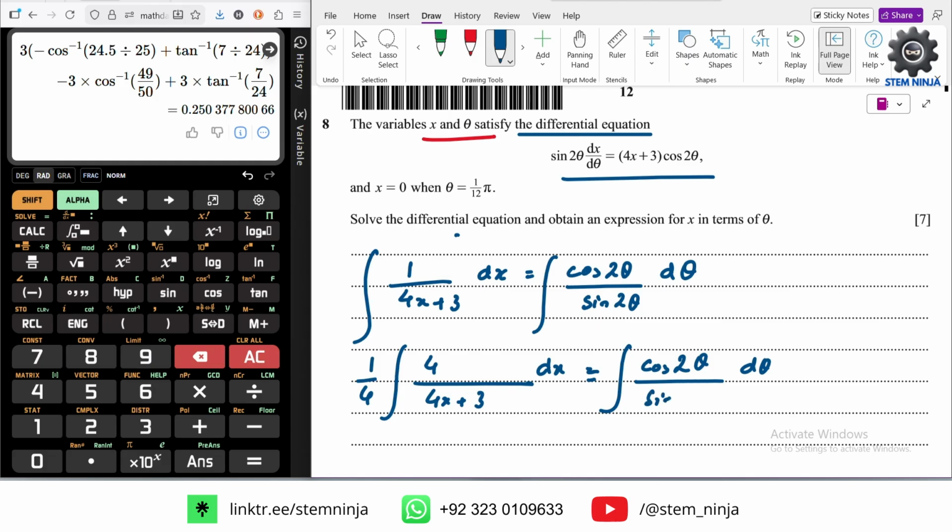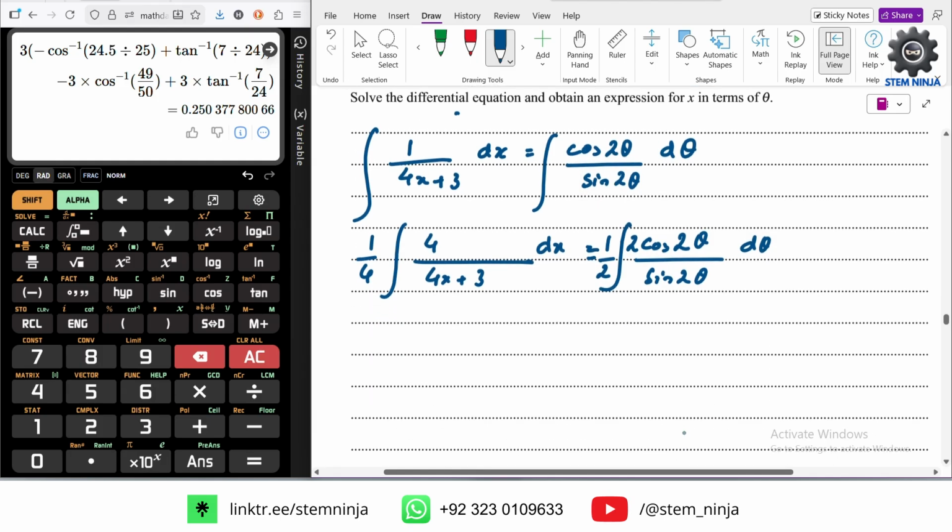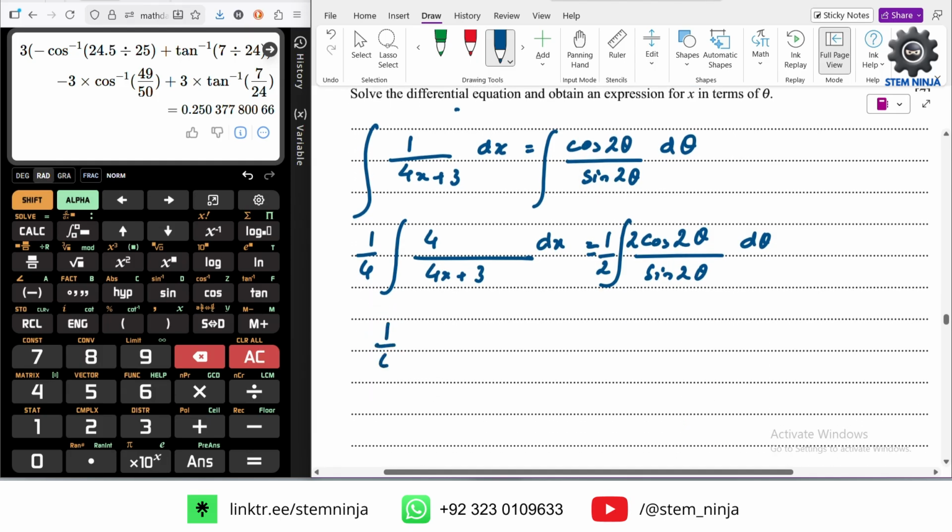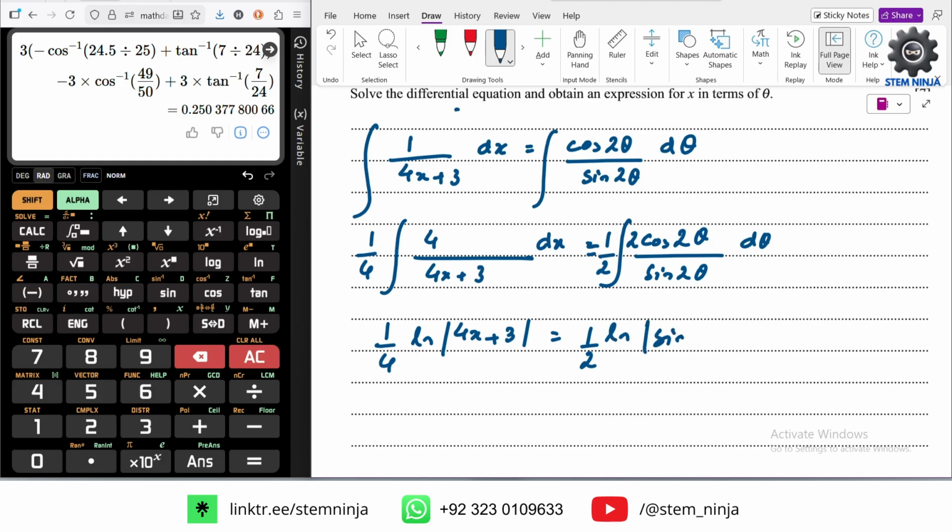So basically the derivative of the denominator is on the numerator, so we just have to multiply 2 divided by 1 over 2. Right, now we just have 1/4 ln of 4x plus 3 equals to half ln of sine 2 theta